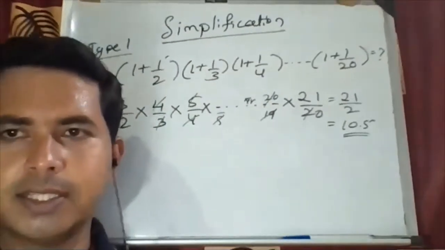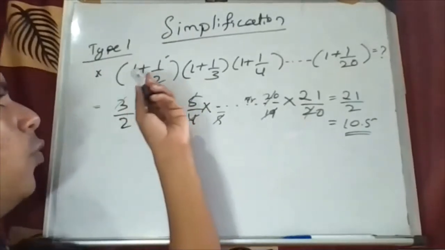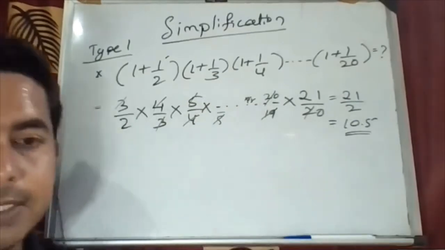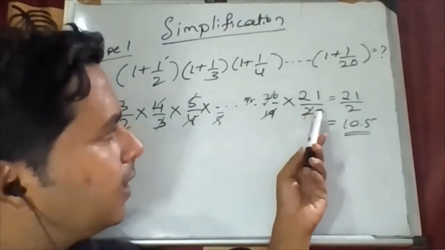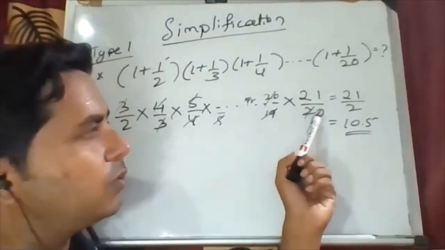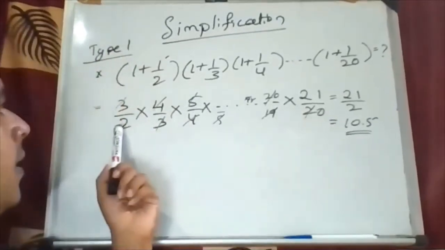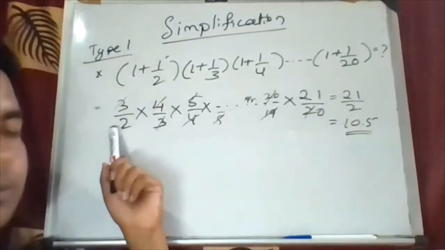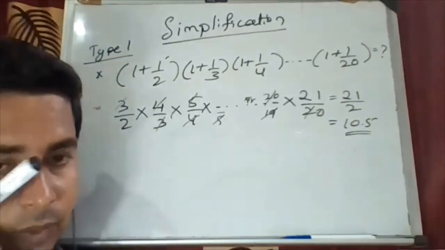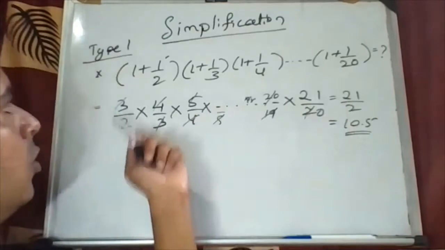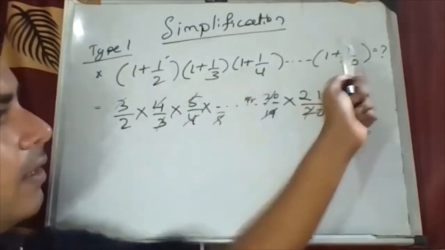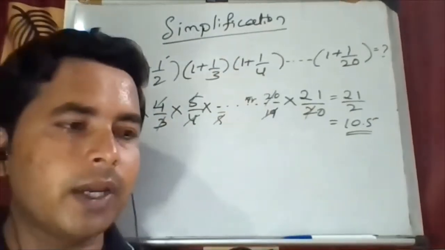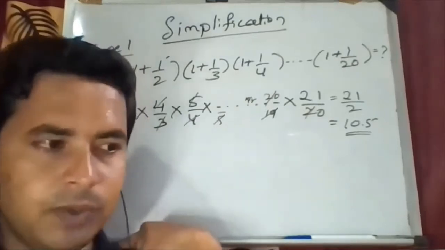So this is simple. No such tricks in this. Directly, what to do? 2 plus 1, 3 by 2, 4 by 3, 5 by 4, like this you write, and just cancel each other. Just keep in mind, the last digit, the lower last digit's denominator also gets cancelled, either the numerator remains because it is not continued, or the denominator remains and the numerator is cancelled. Only 21 and 2 will remain. Here 2 and here 21. So you'll get 10.5. And here it was an addition. In between there was an addition.